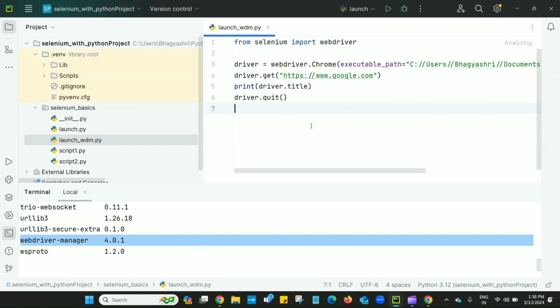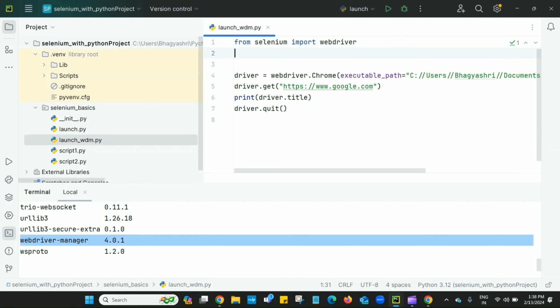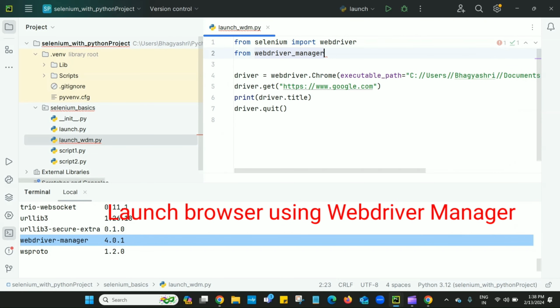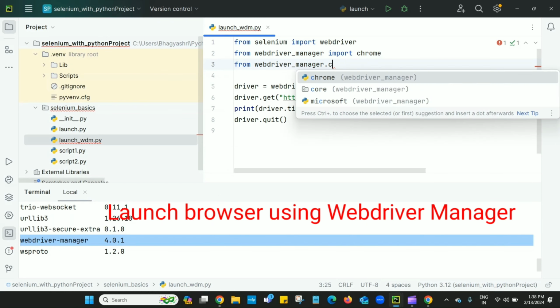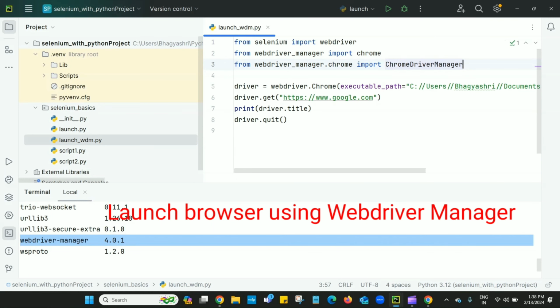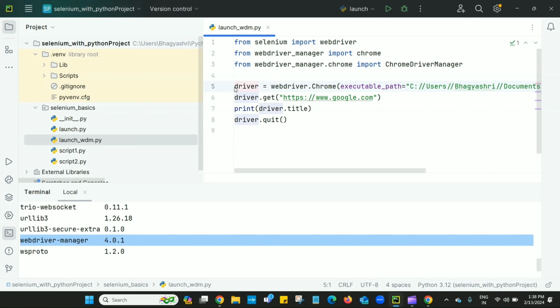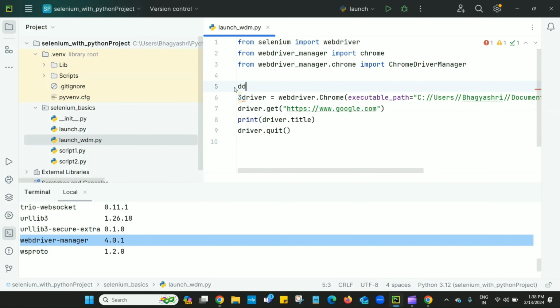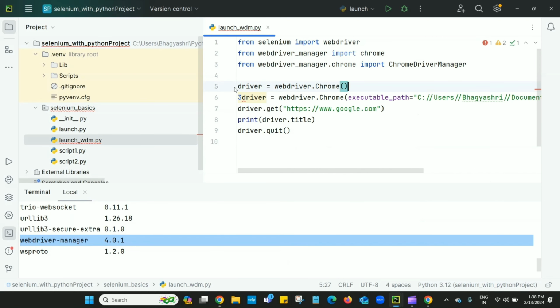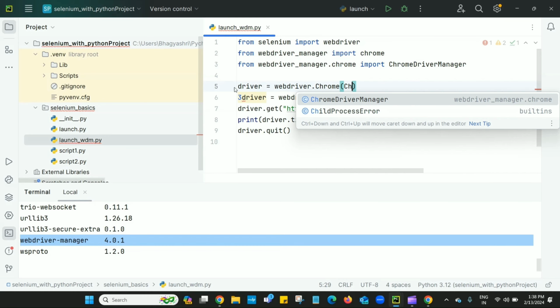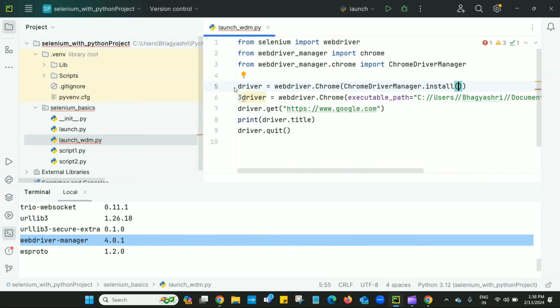I will copy this code, paste it, and instead of this line, this line is required: from webdriver_manager.chrome import ChromeDriverManager. Now I will comment this line, and driver is equal to webdriver.Chrome, and here I have to pass ChromeDriverManager().install. By using this, I will launch the Chrome driver.